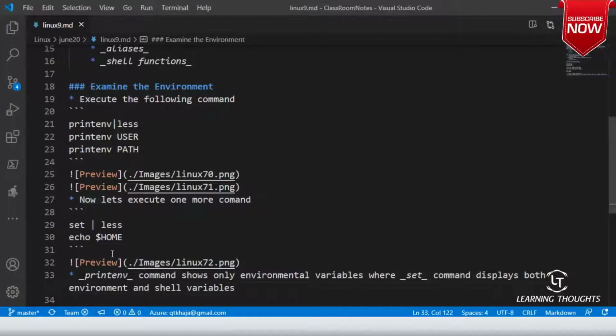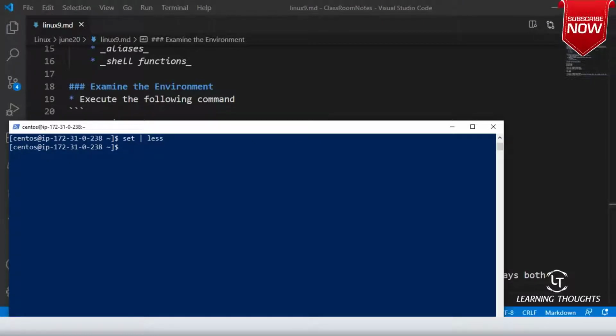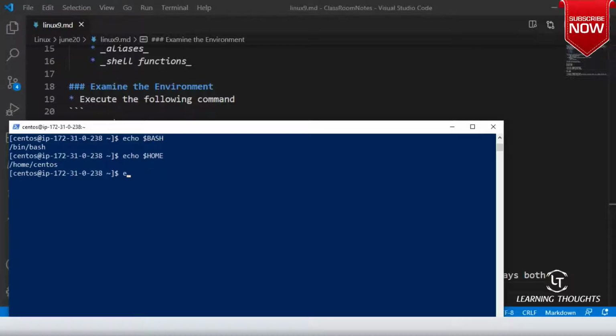Generally, whenever you want to see a variable value, using printenv every time is difficult. That's where you can use echo dollar and then give anything, like BASH. Let me print it: echo $BASH, echo $HOME, echo $PATH.